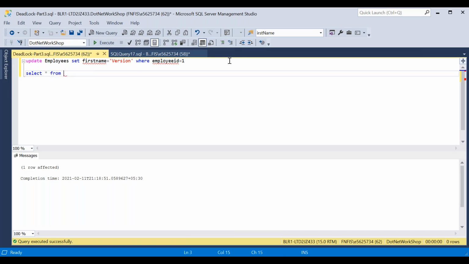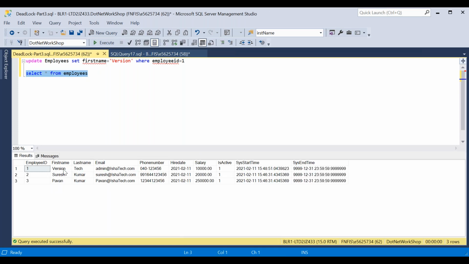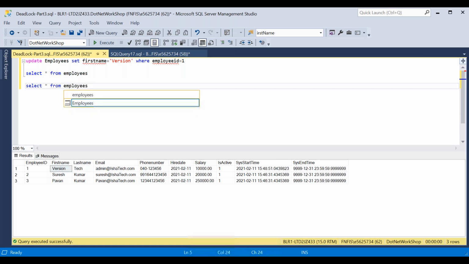Select star from employees. Now check in the employees table. I have the version, but where is that old value, Isha, which was there earlier? Now it is not there. Now check in the history table. Select star from employees history.